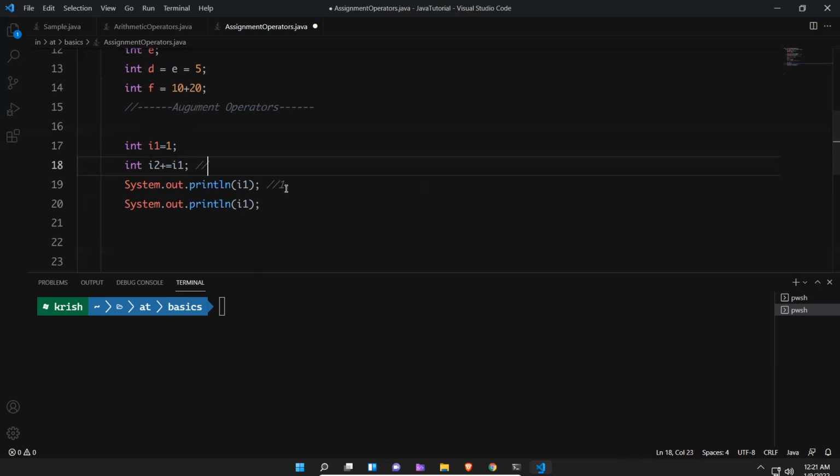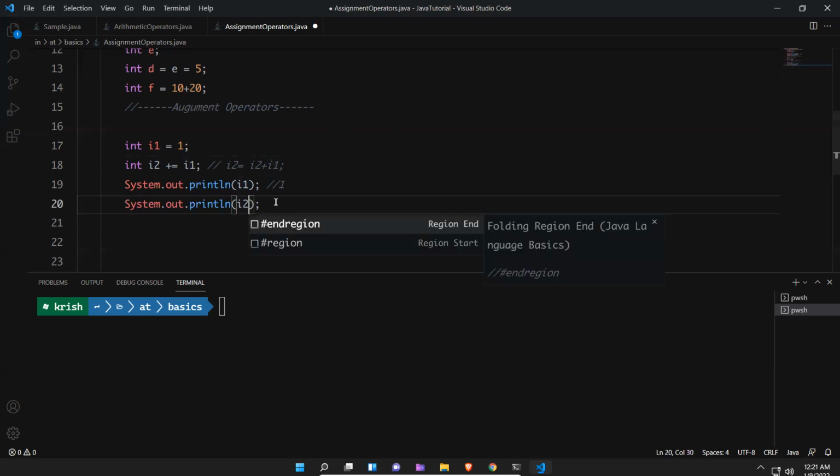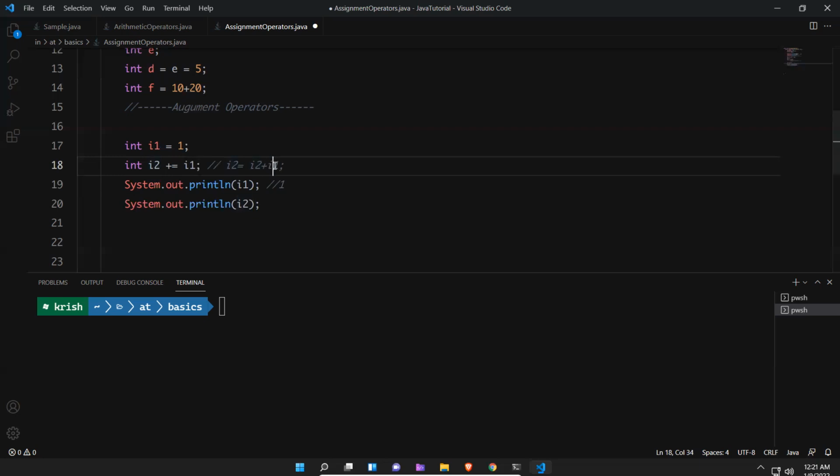But how will I2 be represented? I2 equals I2 plus I1. We have seen I2 plus equals I1 means I2 equals I2 plus I1. So what could be the answer for this? We'll execute and see.